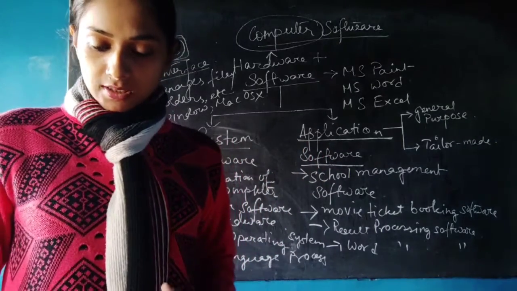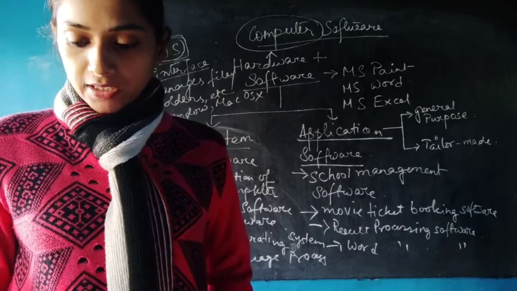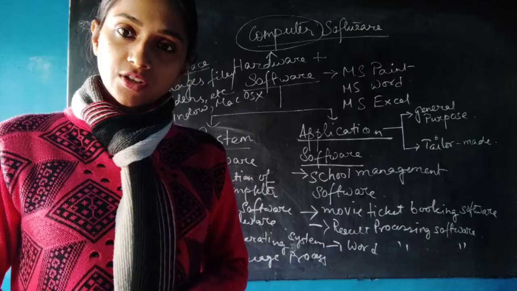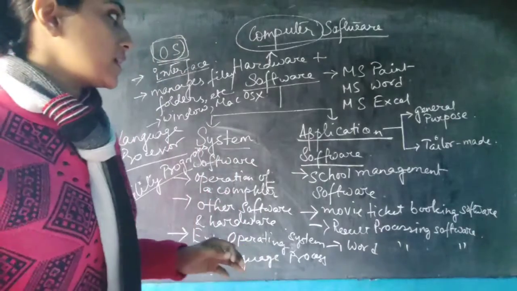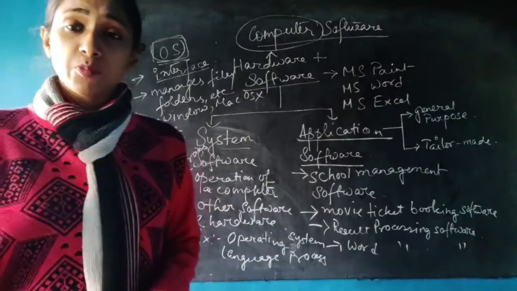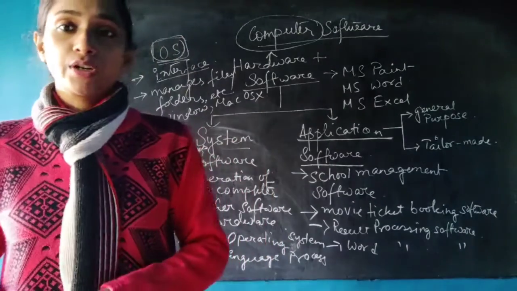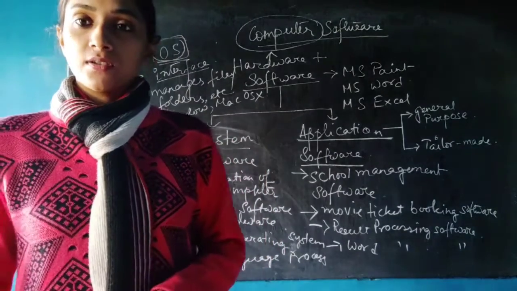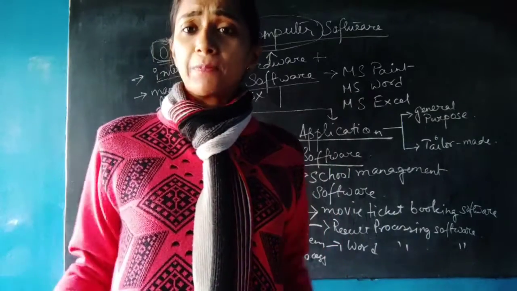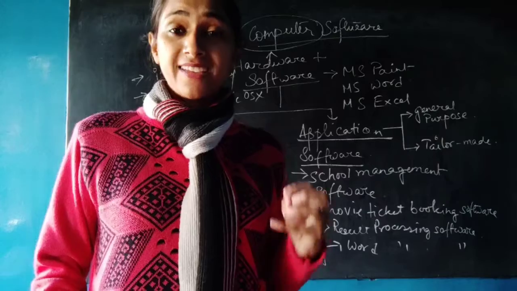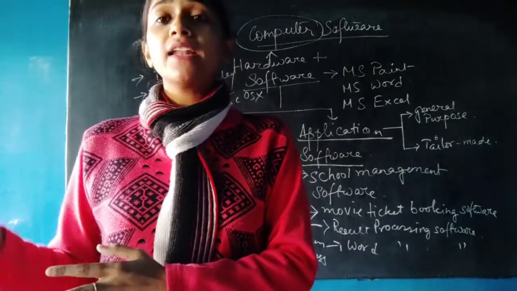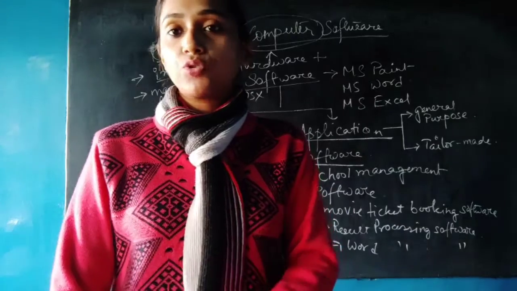When customers buy general purpose software, it is not possible to ask for special changes made just for them. Suppose you are taking general purpose software but you need some special changes for yourself. You can't do it, because it is made generally for everyone. You cannot add any extra specialty or exclude any feature from it.